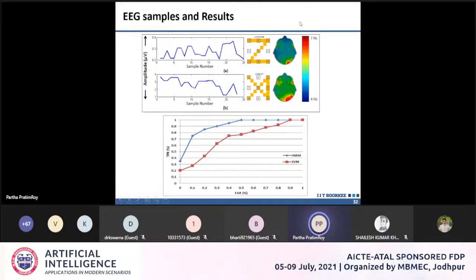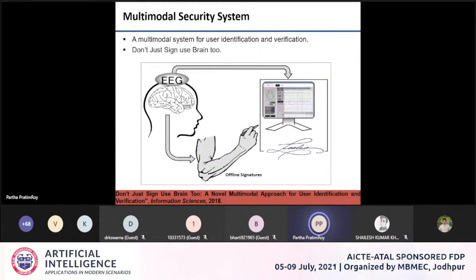So this is a heat map. From what I showed you initially, this heat map means which part is active. When he is making the Z pattern and when he is making this cross pattern, which part is active? Red means it's active and blue means not. So we can use hidden Markov models, support vector machines, or deep learning and machine learning for identifying genuine or false perceives.